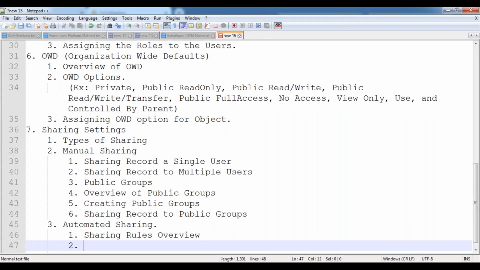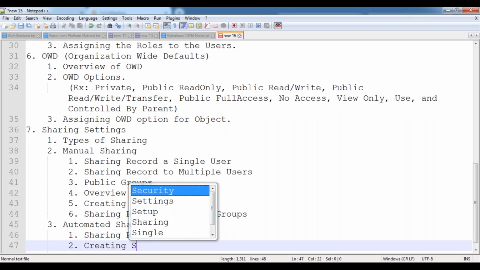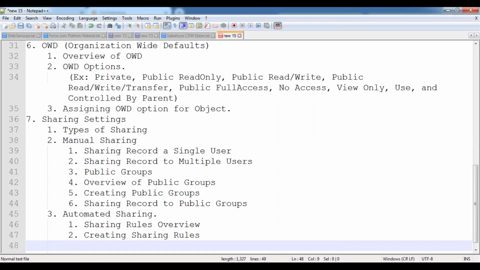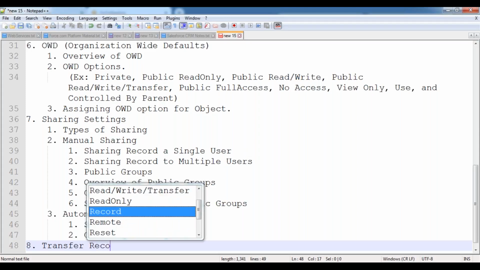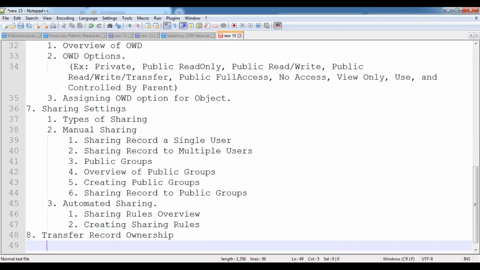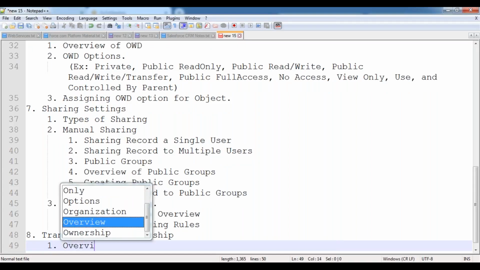overview, and then creating sharing rules. Creating sharing rules to share the users' records to the users. And then we'll see the concept of transfer record ownership, transferring the record ownership. Inside this, we'll see the concept of overview of